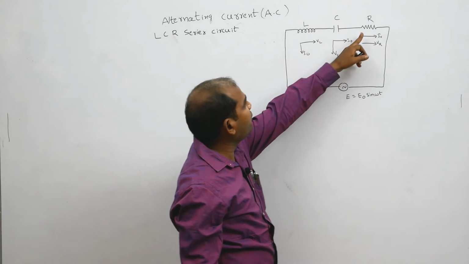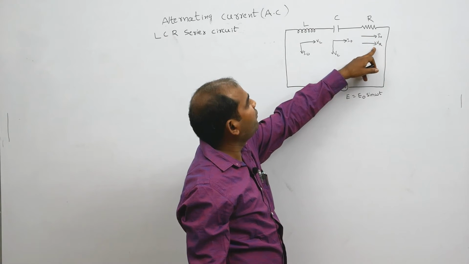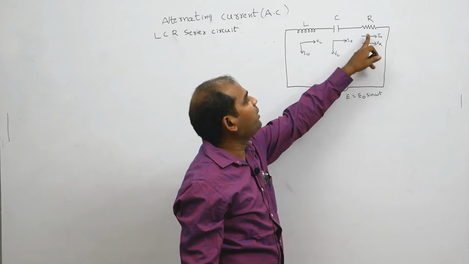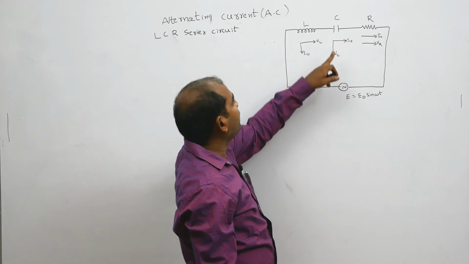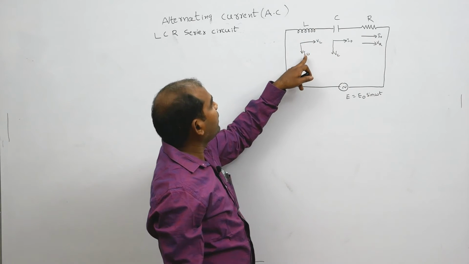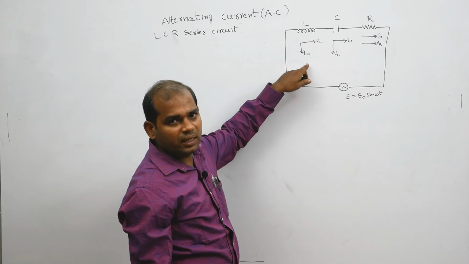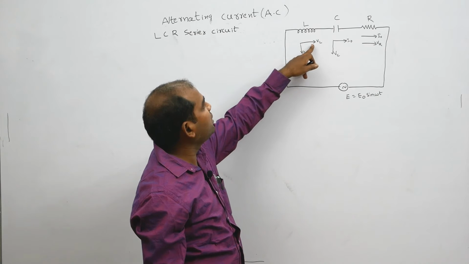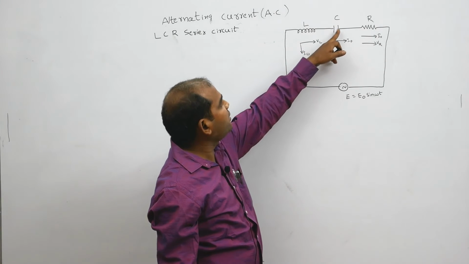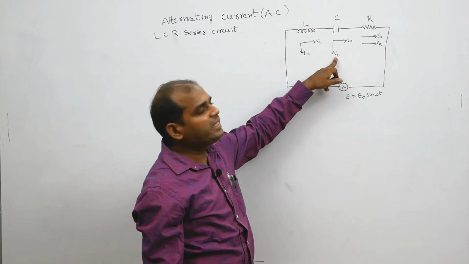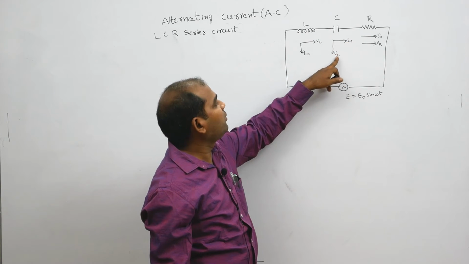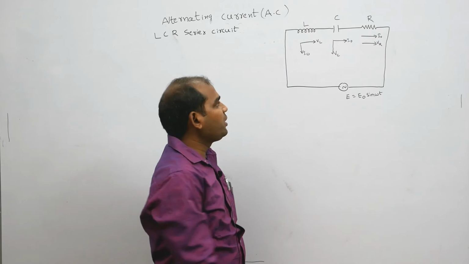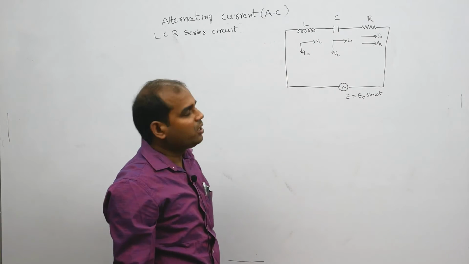Let us see here. In case of resistance, we already know that the EMF and current are in the same phase, and it is represented by a phasor. Both are in the same direction because they are in the same phase. In case of inductor, the current is lagging behind by 90 degrees. So I mentioned the phase difference between the two phasors is 90 degrees. In case of capacitor, which one is lagging behind? The voltage is lagging behind the current. So the voltage across the capacitor, the EMF, is lagging behind the current by 90 degrees, the phase difference between these two phasors.